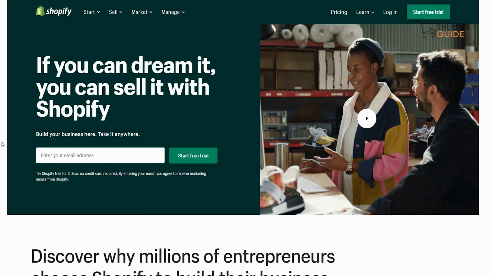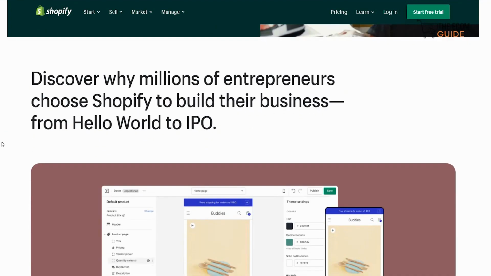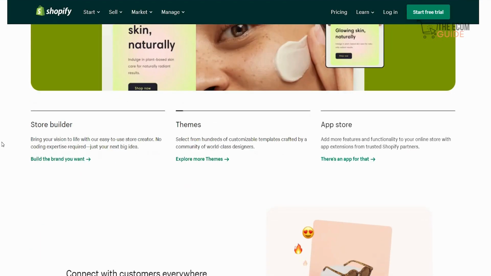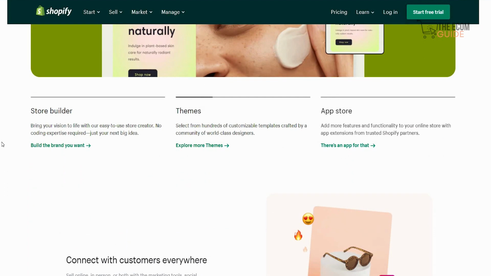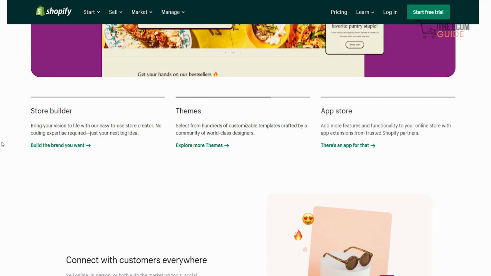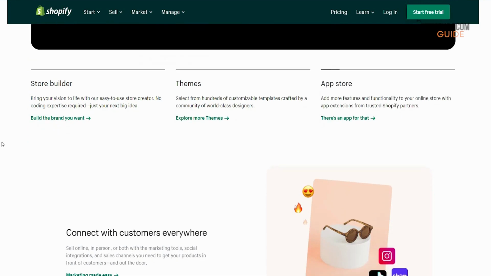Now, if you can dream it, you can sell it with Shopify, and you can discover the reason why millions of entrepreneurs are choosing Shopify to build their business. You can bring your vision to life with their easy to use store creators, and there's no coding expertise required at all. And you can select from hundreds of customizable templates that are crafted by a community of